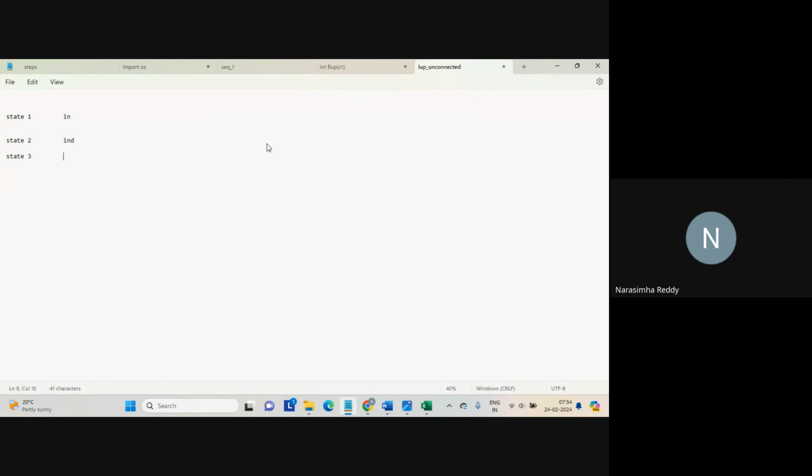IND. State 3, it's IND dot. So in this case, state code and country code. Now the question, what do we expect as part of building a solution for a data